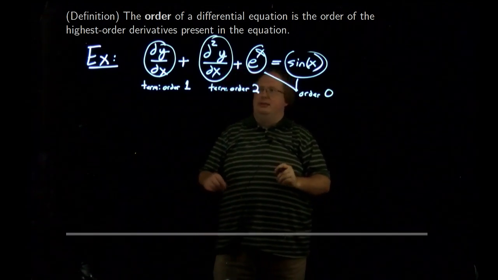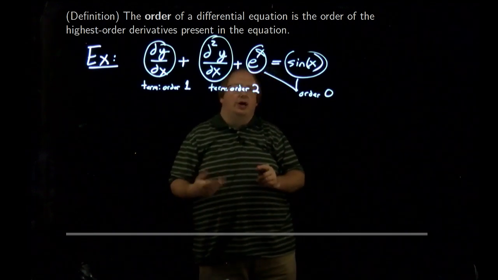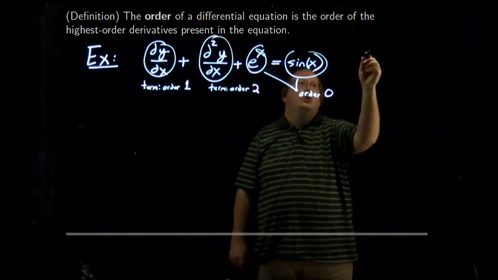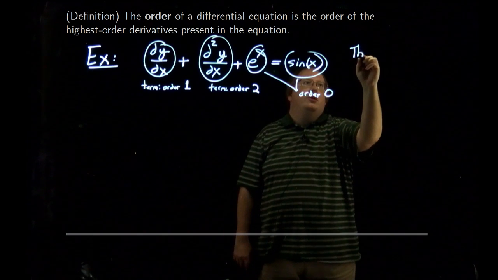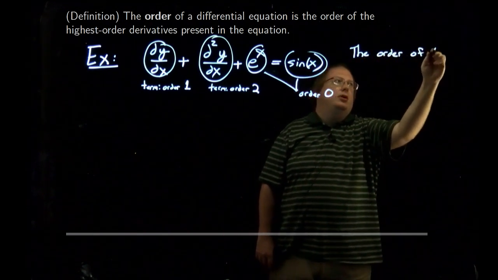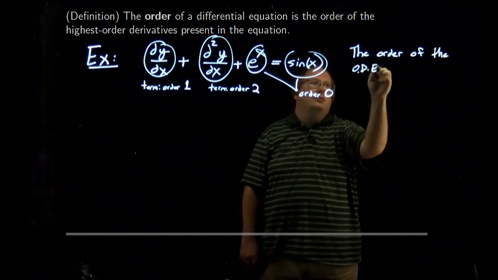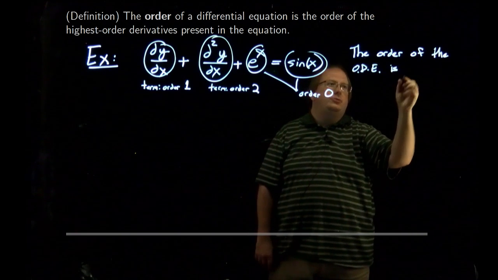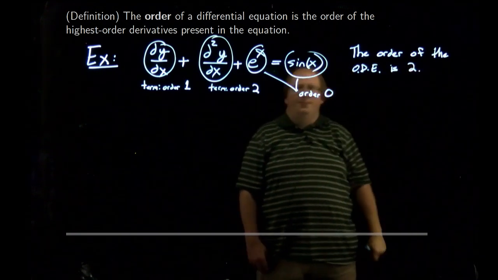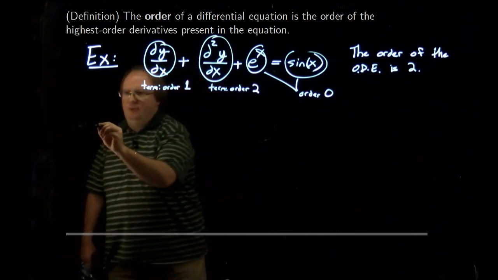So that means that we're going to take the highest. So we have order 1, order 2, and order 0. So the highest order is 2. So the order of the ODE is 2. Now the next example I want to give,